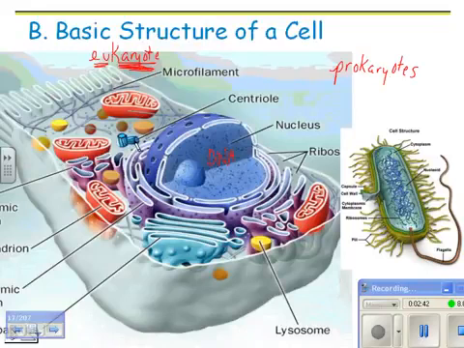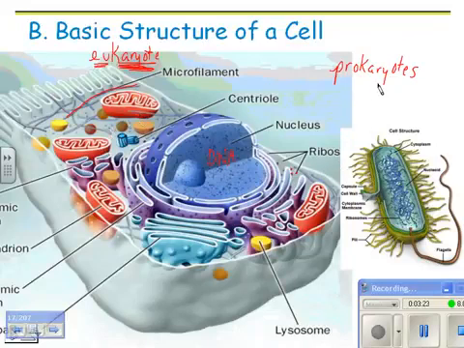Here's a centriole. Now, some of these structures have membranes around them. See the membrane around the mitochondria, and see the membrane around the lysosome, and this thing here, endoplasmic reticulum, that's a membrane. And look at this, even the nucleus has a membrane. Some of them, like a centriole, that's not a membrane, it's a bunch of proteins. The ribosomes here, these little circle things, those are proteins with a special type of RNA, and so those don't have membranes either. So some of your structures inside the cell are just protein, like this thing right here, a microfilament. And some of them have membranes. So there are basically two types of organelles inside the cell.